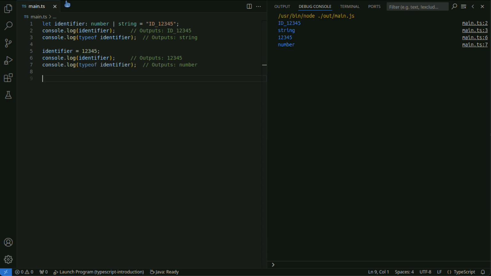Below are examples of wrapper objects. The String object provides properties and methods for strings.